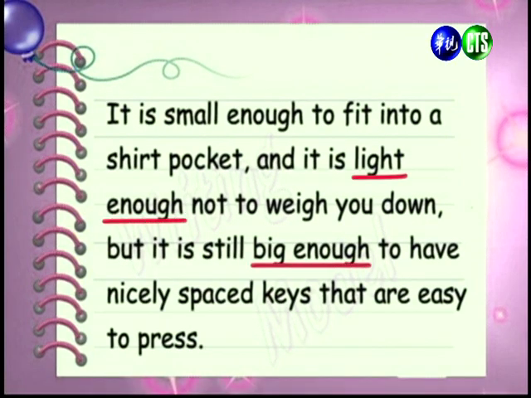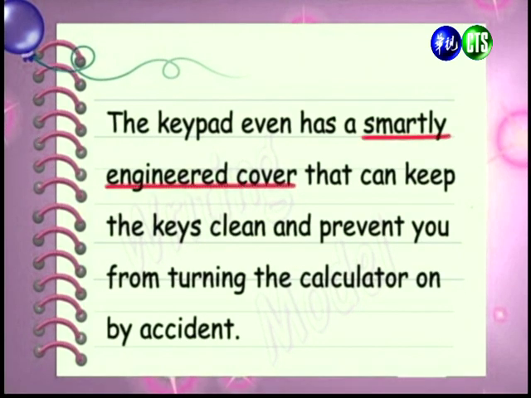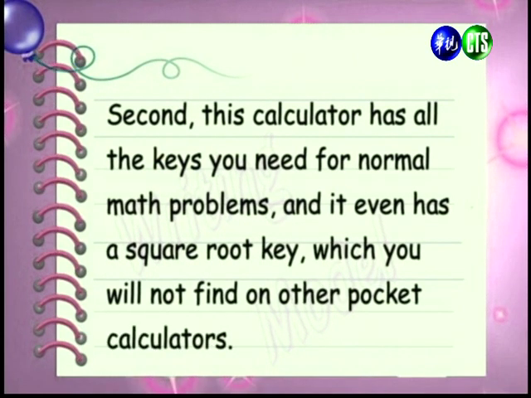If we look at the next page, we can see some other words like light enough not to weigh you down, big enough, nicely spaced keys, easy to press. These are all words that are subjective in value. 好，那第2页这个部分，我们可以看到，像是讲到它很轻，或是讲到它够大，能够让你去按取这些键，这些都是比较属于主观性的叙述。All right, so on the next page, smartly engineered cover is a subjective phrase. 好，在这个段落里面呢，在讲到说它有一个非常聪明的这个盖子的部分这是属于主观叙述。